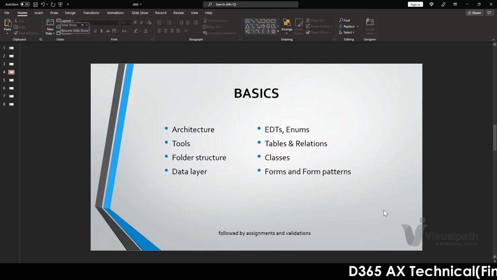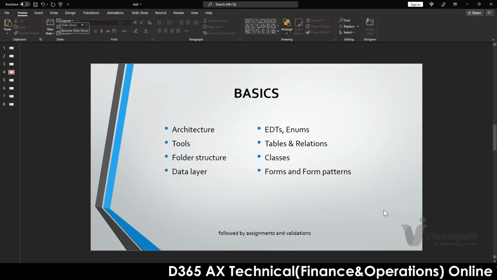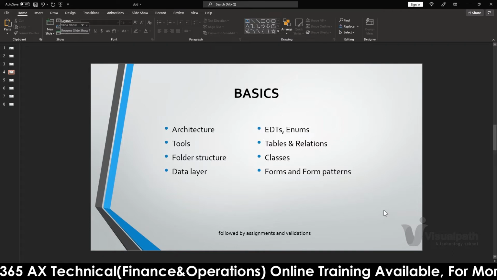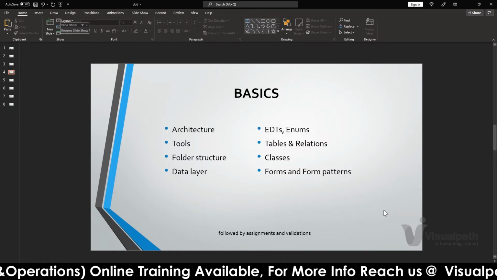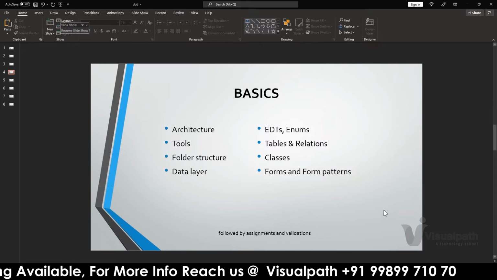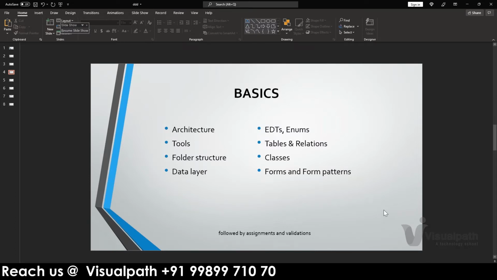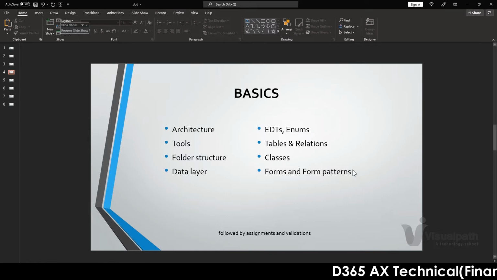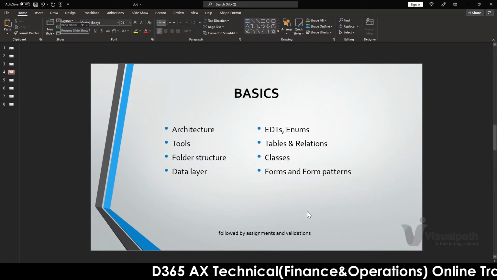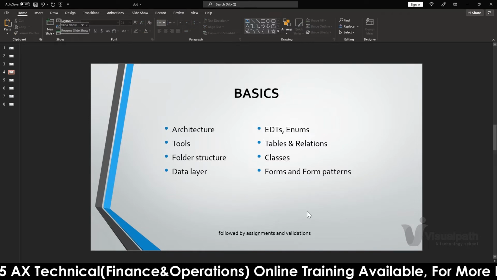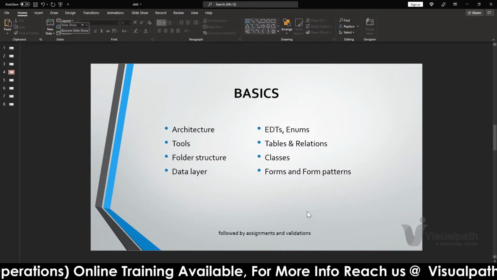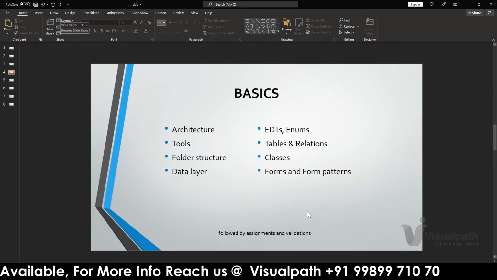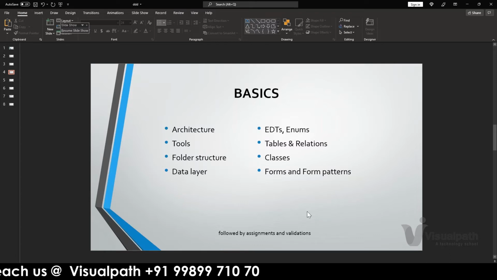If you are already familiar with other OOP or programming languages, we can leverage EDTs and enums in our customizations, and the tables, relations, and classes. These are regular OOP concepts, so we can cover that. Forms and form patterns are new compared to the previous version AX 2012.